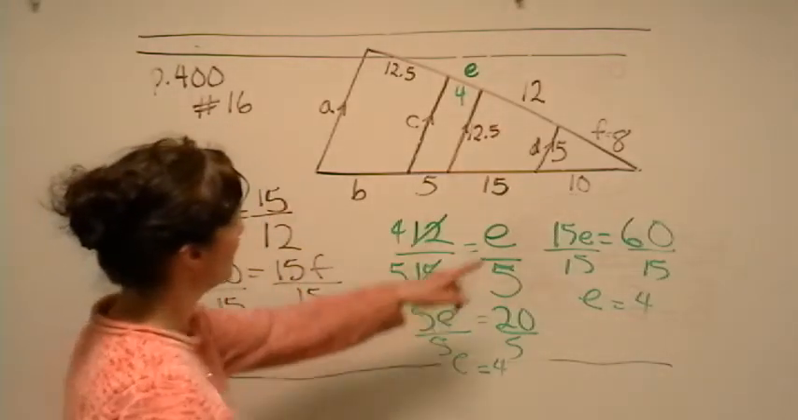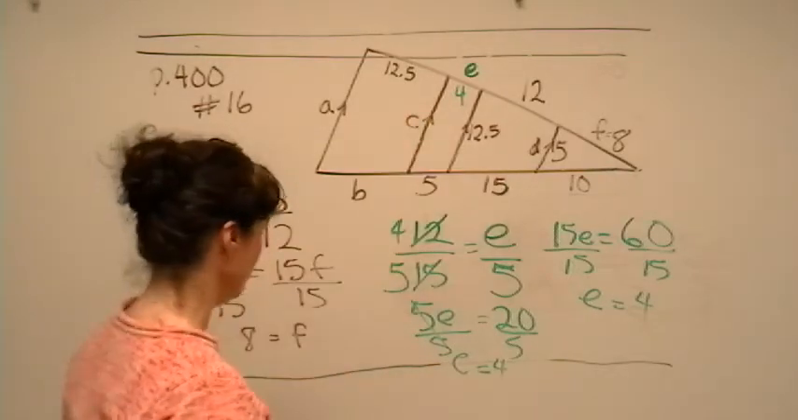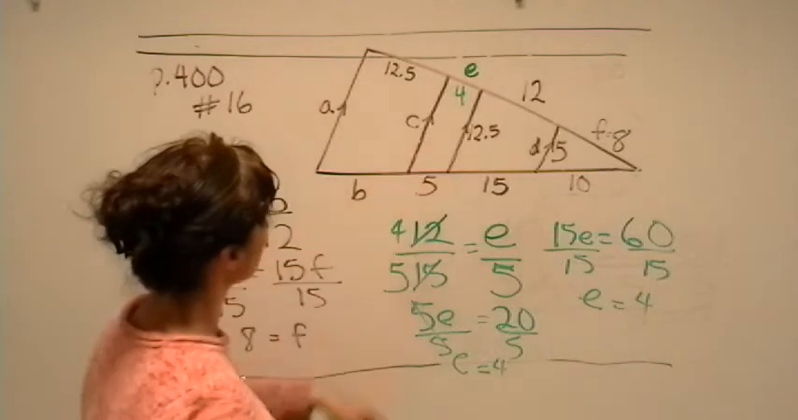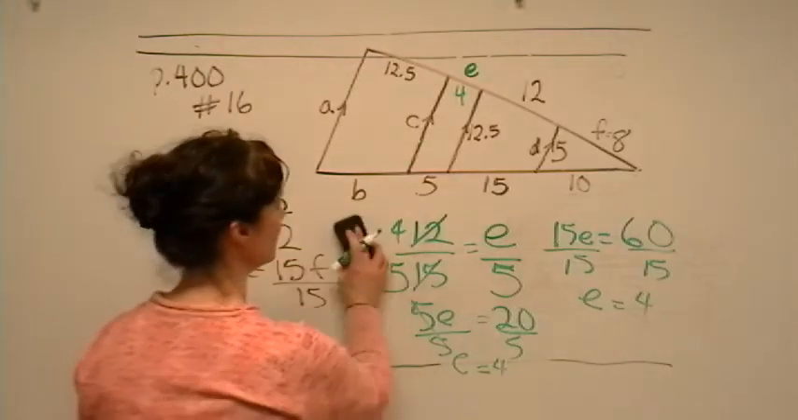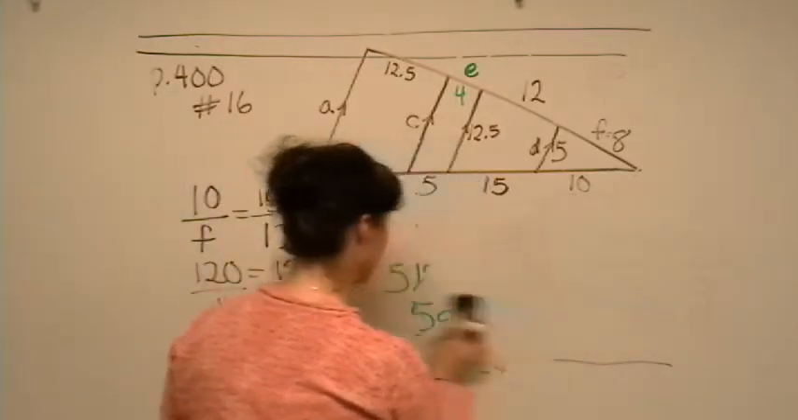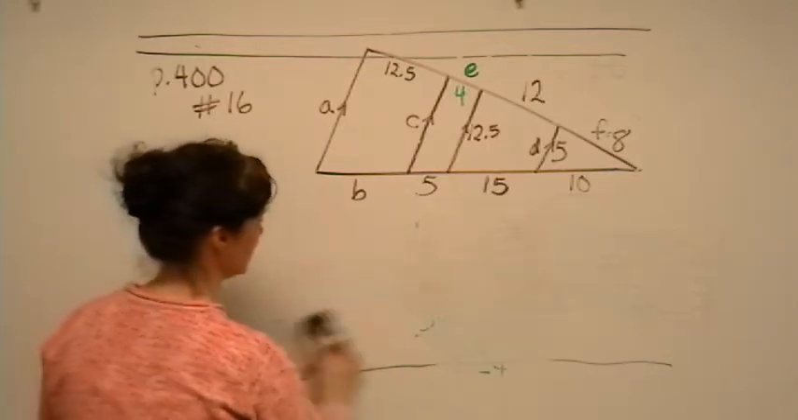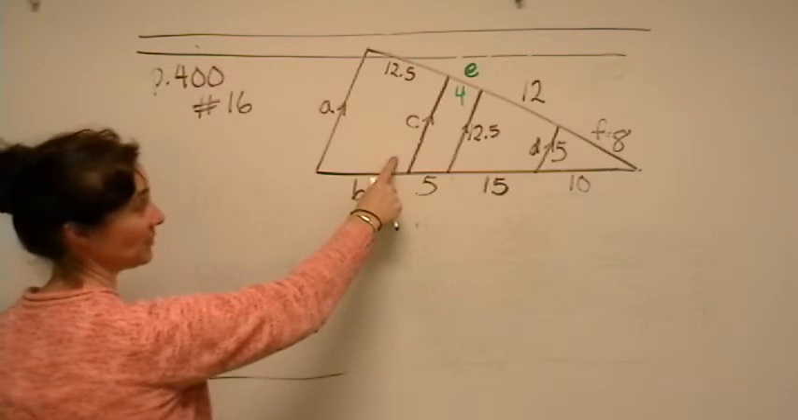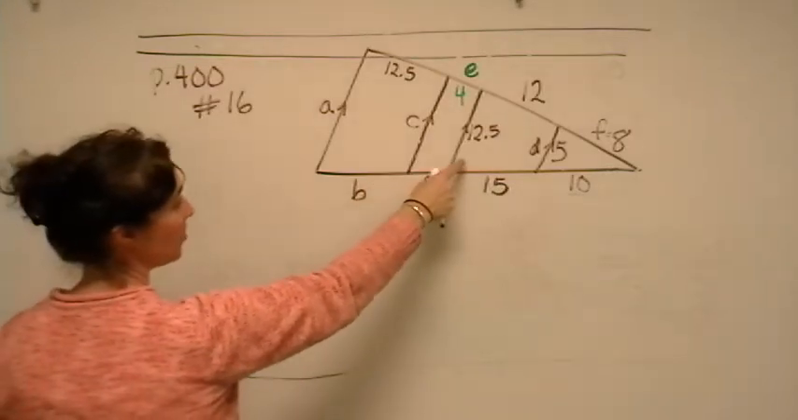Okay, so we found F, D, and E. Now let's go ahead and find C. Now C is a whole side. And then we've talked about this before. Because C is a whole side of this triangle, we have to relate it to a whole side. So we could say,